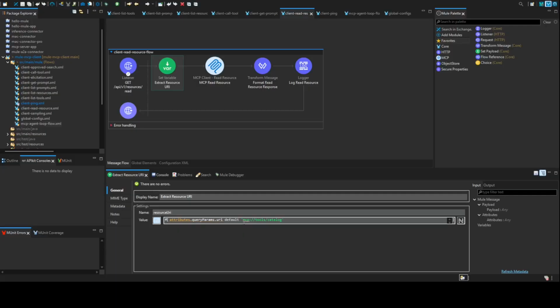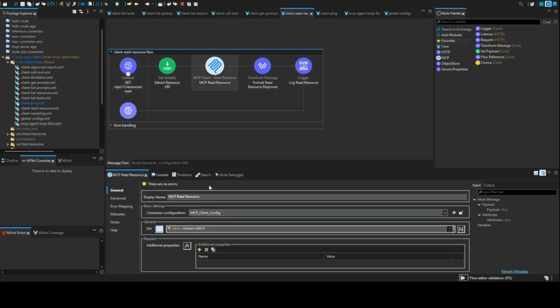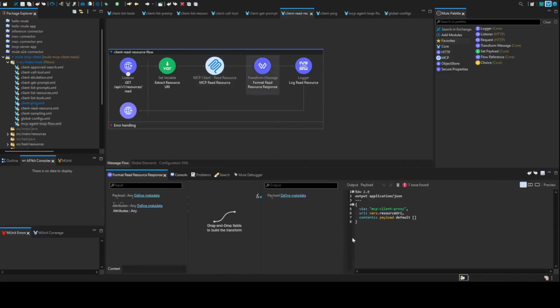You have seen in our MCP server resources configurations, there was a URI, right? And we had configured something like catalog, all those things. So those things will have to be passed as part of the URI. I am setting a default, so if it is not correct or not passed, then it will bring the catalog resources. Here again, we are passing the resource URI, nothing else. It is returning the response, all the resources. We are adding